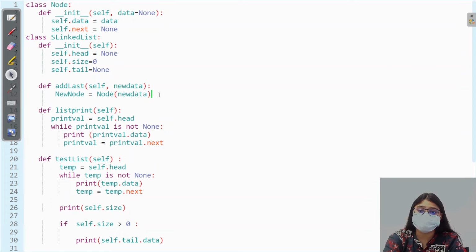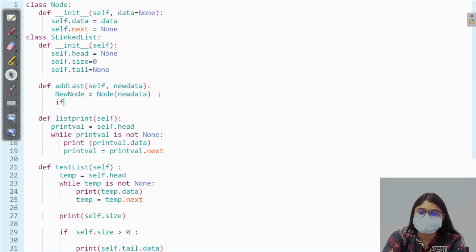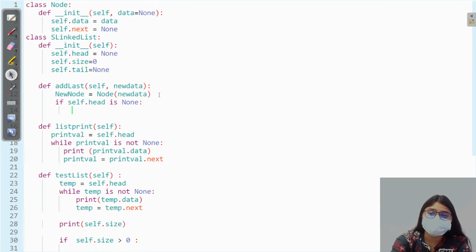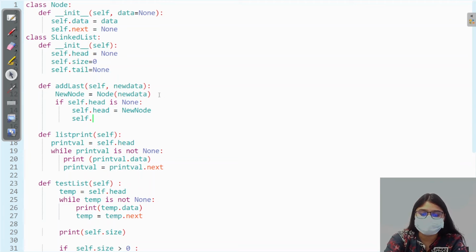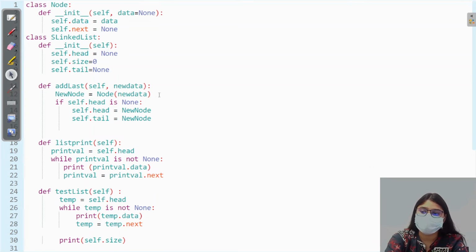Now we will check if our self.head is none. If our self.head is none, that means our linked list does not have any nodes. So we'll make our head this new node, and self.tail, our new node becomes our tail as well as our head, and our self dot size increases by 1,